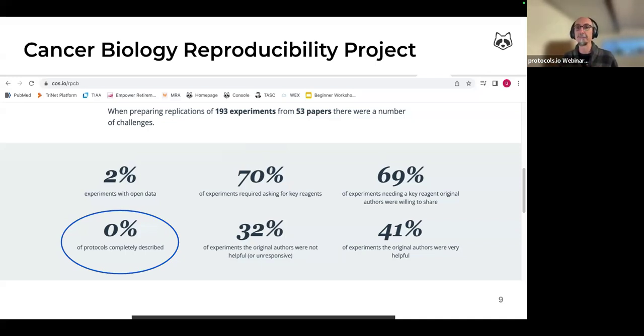But equally striking, when researchers from the Reproducibility Project contacted the original authors, they also discovered that these did not always know how exactly their own experiments had been done.